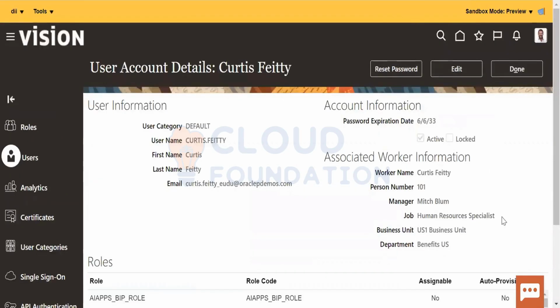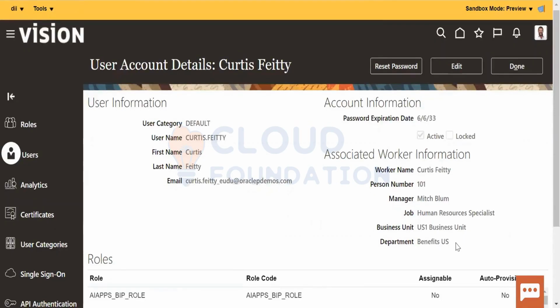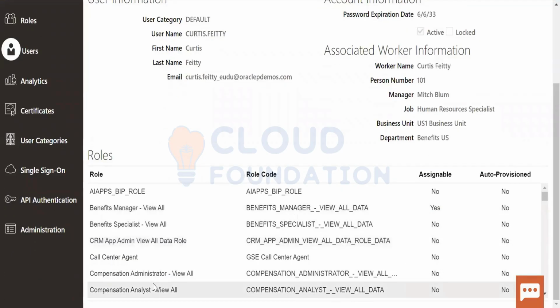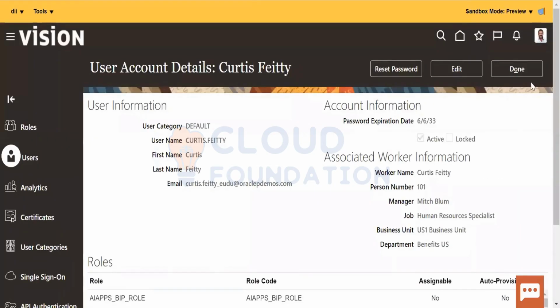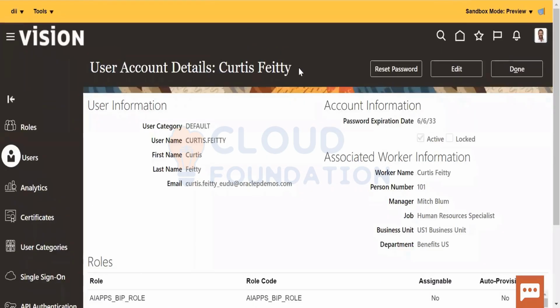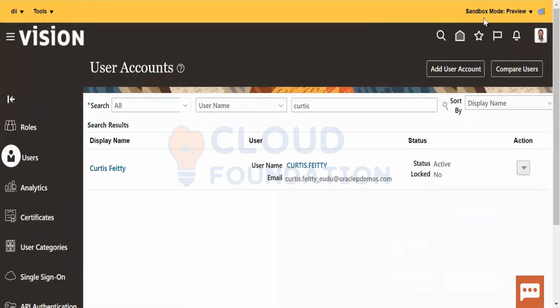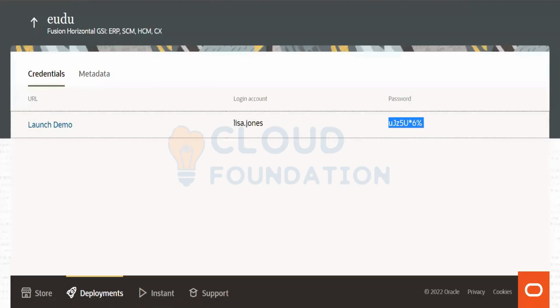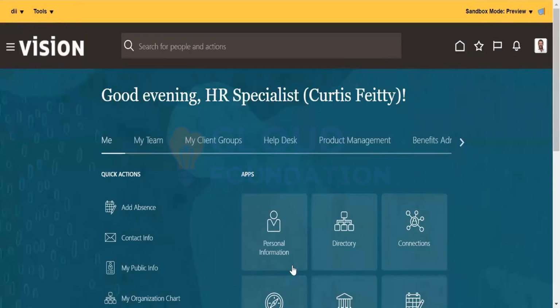So this is the way it is done, and you can add roles over here. These are the roles that this person, Curtis Pretty, has.